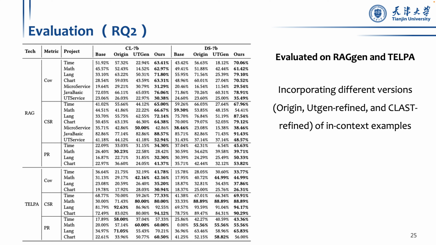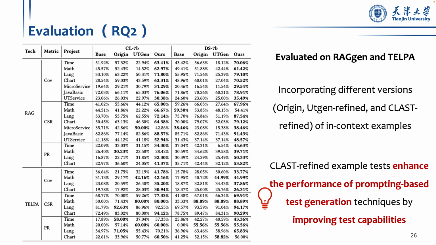Using CLAST refined examples consistently improved generation quality, achieving average gains of 10%, 13%, 20% in compilation success rate, pass rate, and coverage, and up to 25%, 28%, and 45% over UTGen refined examples. These results confirm that high semantic clarity examples from CLAST provide guidance for LLMs, leading to more accurate and effective